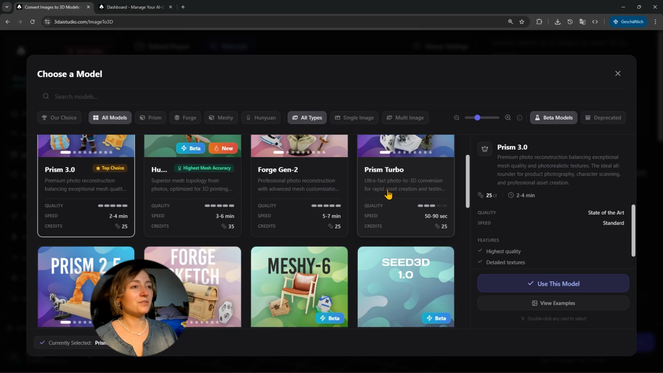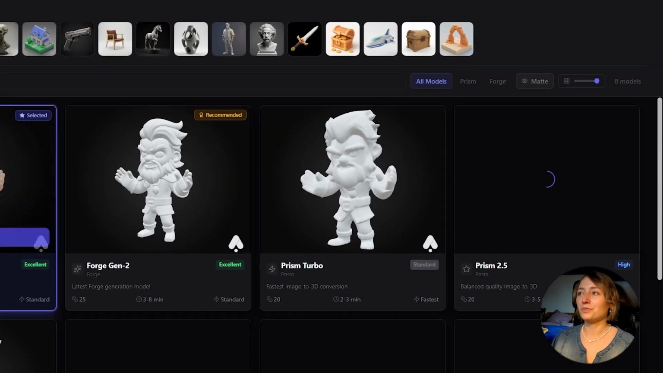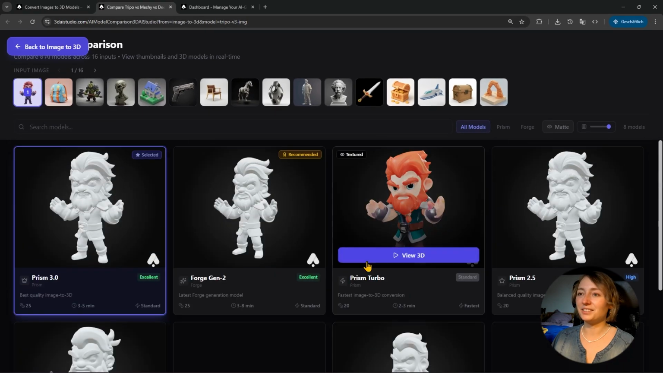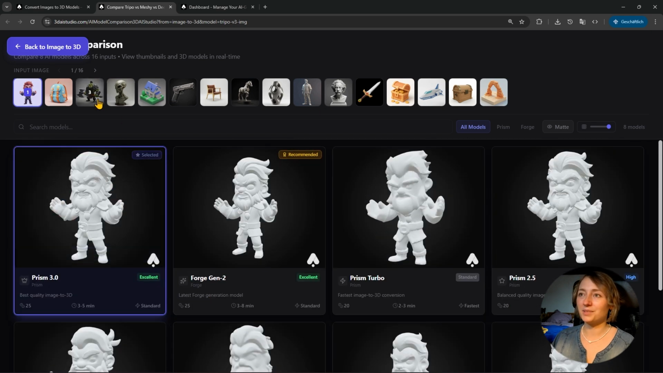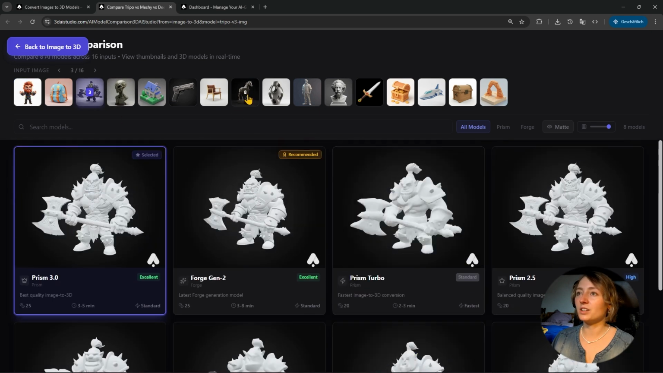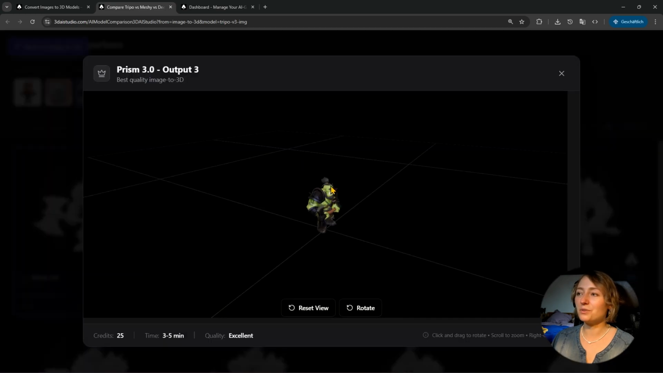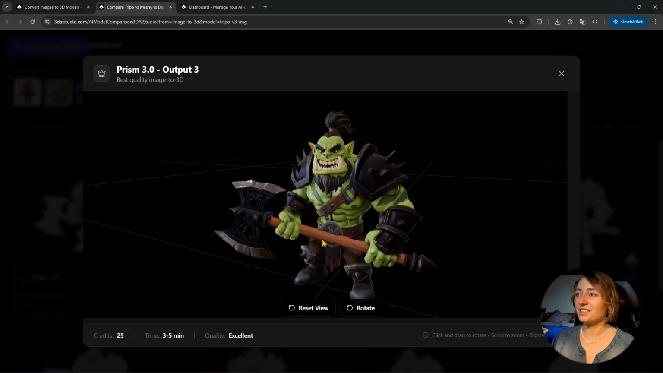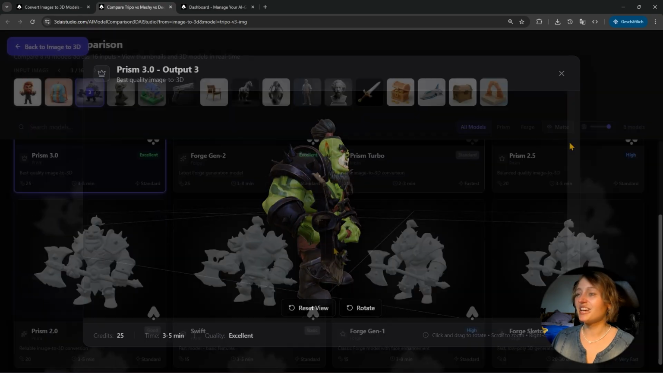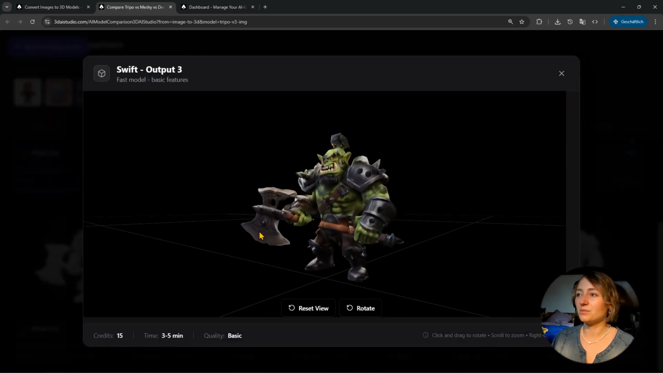One thing that is really helpful here is this View Examples. So if you go to View Examples, you can see different results from the different models. There is not an example for the Hunyuan model yet, but I'm sure it will come soon. And you can always load these models in 3D and compare their details. If you want to go to View 3D, you can check out that model in close-up and see how it compares to the others. And it really helps to think about how you want your models to be generated, because